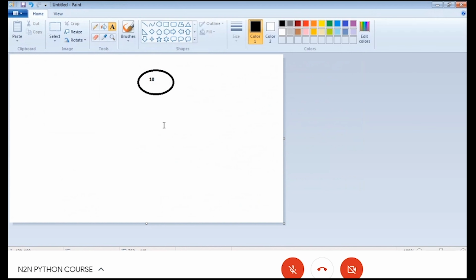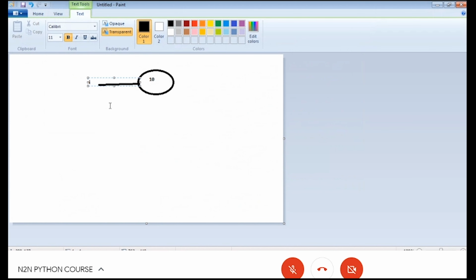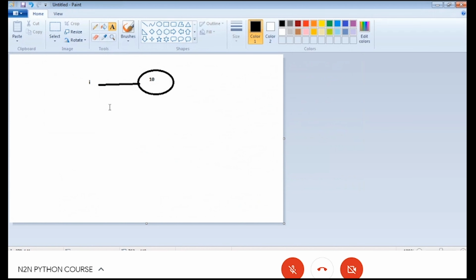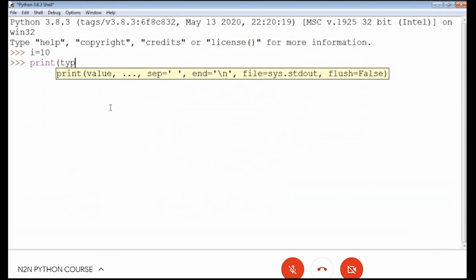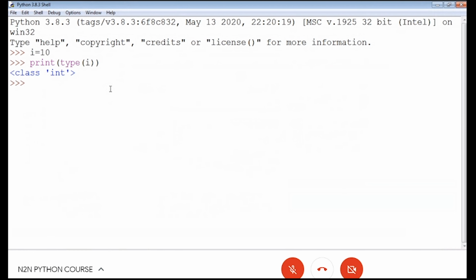Your value 10. And the reference of this object is recorded in the symbol table. And who is collecting that reference? i. You understanding? So that is, in Python, everything is an object. And you can justify that also by printing its type. Isn't it? We have seen it so many times. If I write it over here, it displays class int. Doesn't it prove that it is also an object?